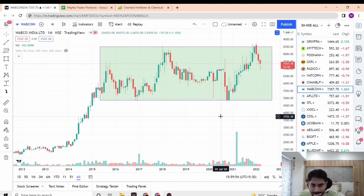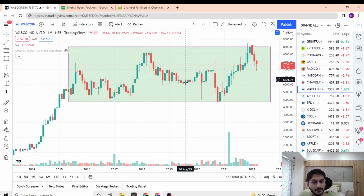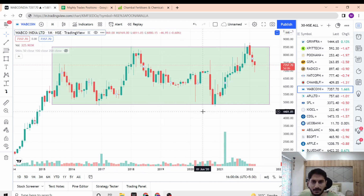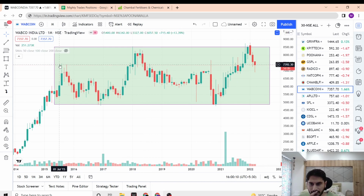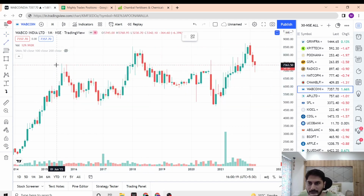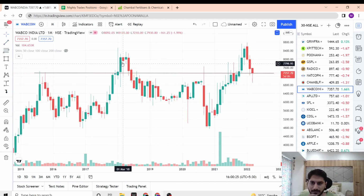And in fact, let me tell you my observation that I had made when I entered into the stock last year. Last year, what I had observed is that this was a resistance line. Let me remove this box. What I had observed last year is that this is a resistance zone for the stock. It had broken out of the resistance, went up, consolidated for 2-3 months, and then came back down. And what I had seen while entering the stock somewhere around here is that